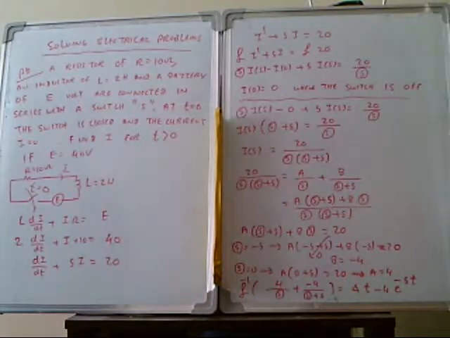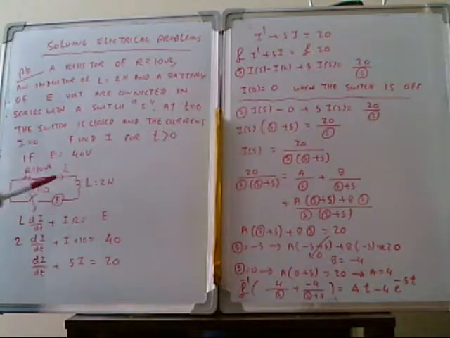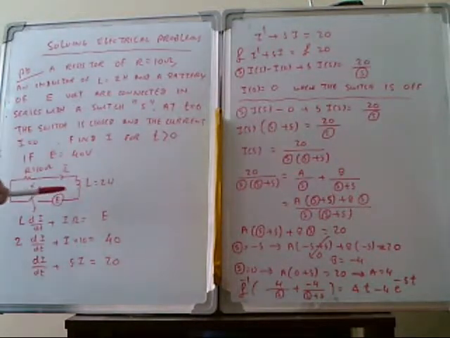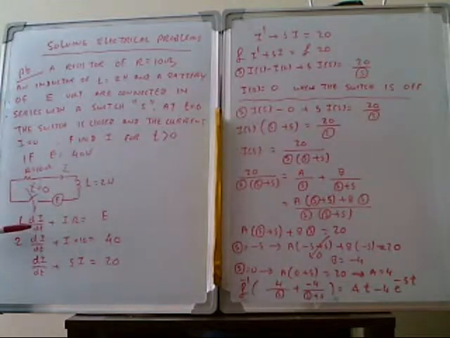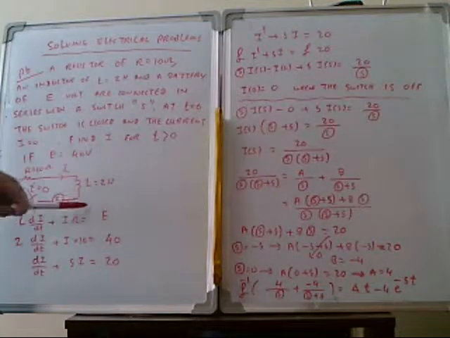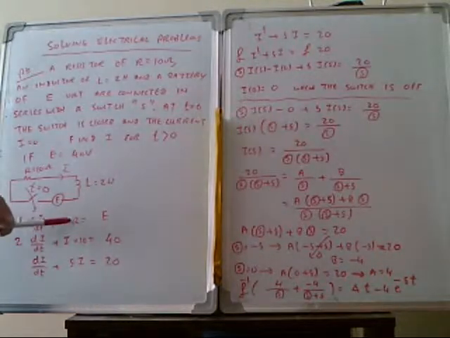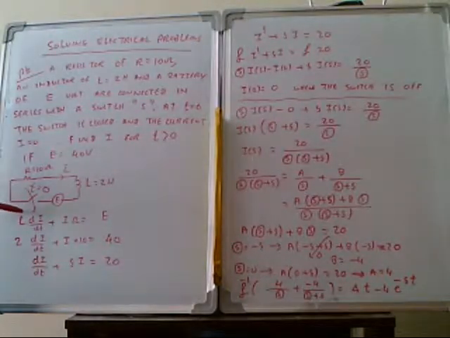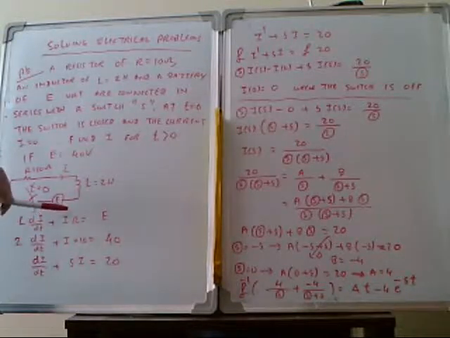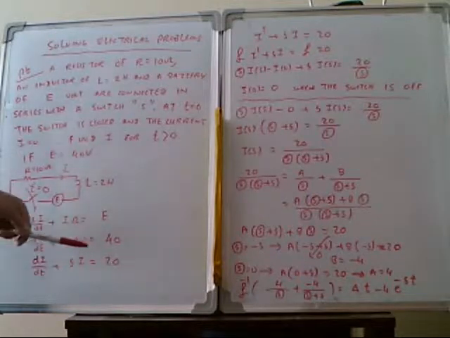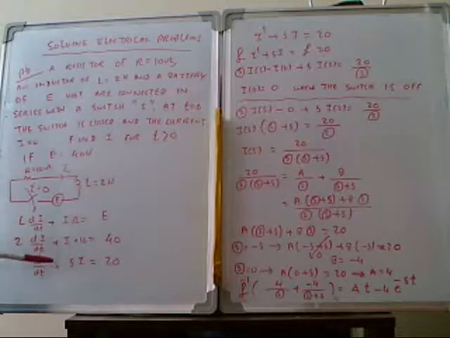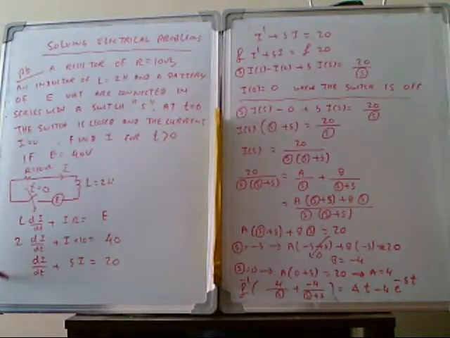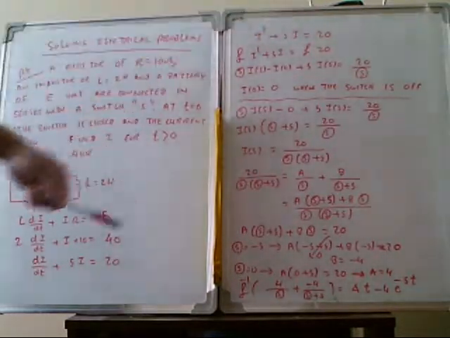So we write down the total voltage. Total voltage E is equal to the voltage drop across the inductor plus the voltage across the resistor. Voltage across the inductor is L dI/dt, and voltage across the resistor is I into R. So L dI/dt plus IR is equal to E. Here L is the inductor, 2 Henry, resistance is 10. So this becomes 2 dI/dt plus 10I is equal to 40. So dI/dt plus 5I is equal to 20. So dI/dt will be I dash, plus 5I is equal to 20.